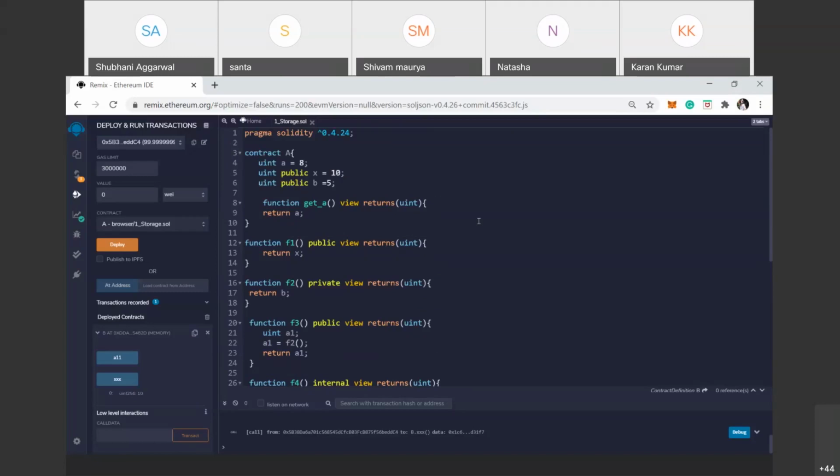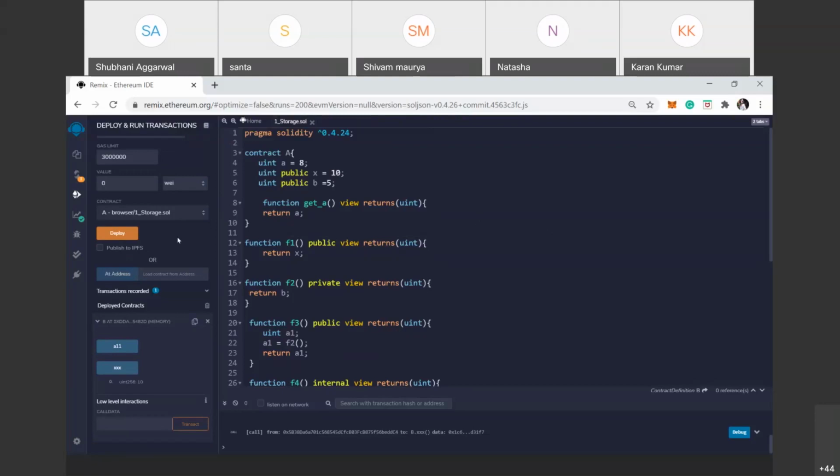If you have any doubt in this smart contract, then you can tell me or you can raise a query. I think we have discussed all the basic data types of the Solidity contract.